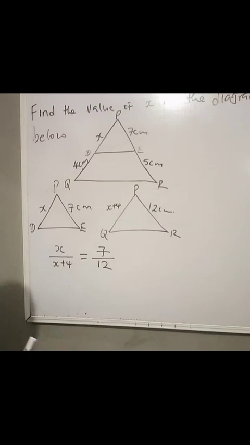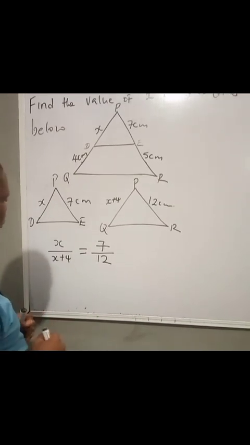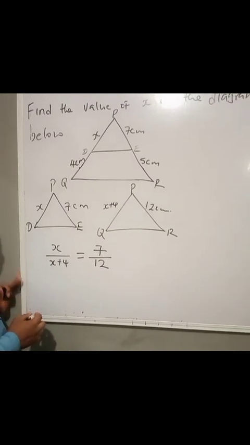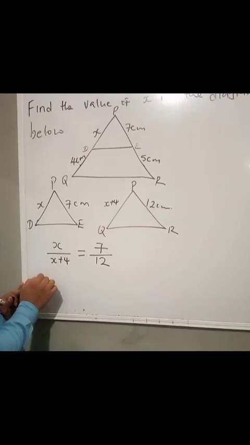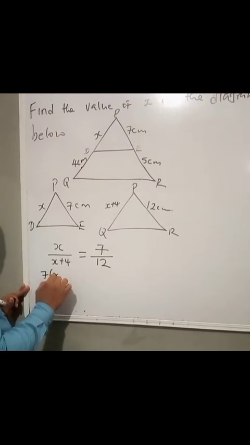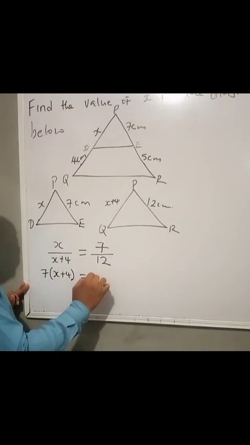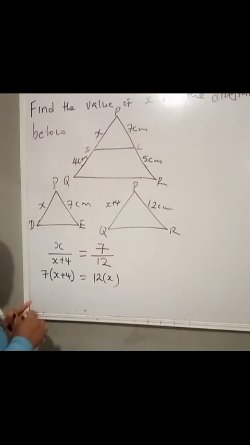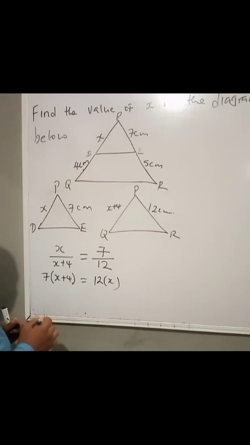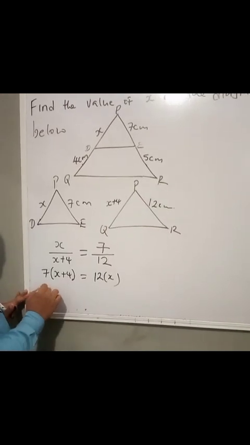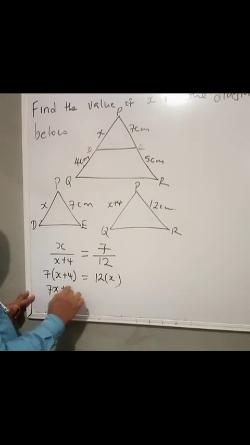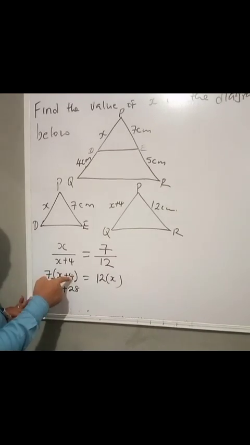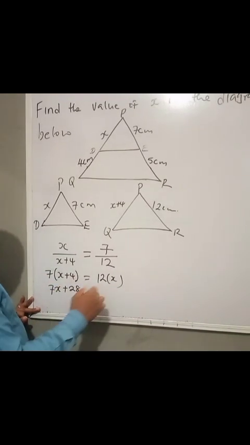So when I have this, I have come to an algebraic equation, which I can clear my fraction by cross multiplying. So if I cross multiply here, I will quickly say this is 7 bracket x plus 4 is equal to 12 bracket x. So I will open my bracket. If I open my bracket now, it will be 7x plus 28. That means 7 times x is 7x, 7 times 4 is 28, then equal to